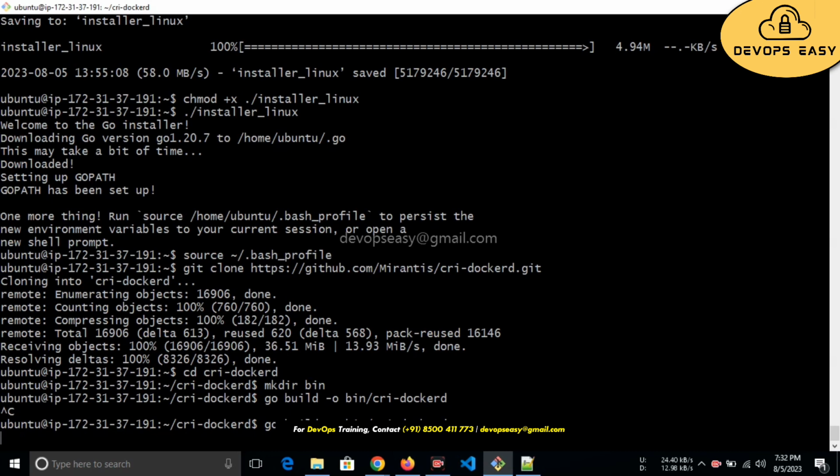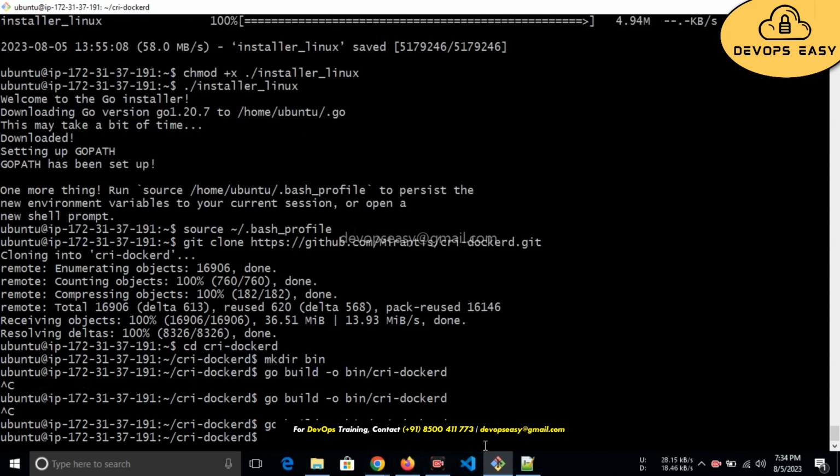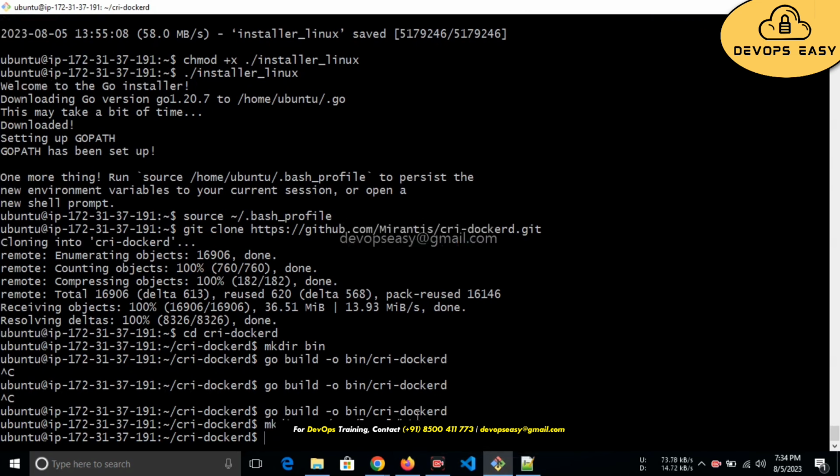Or just wait for 2 minutes. So yeah, just wait for 2 minutes, then execute Control C, then execute that command again, then it will work. Then after this command,